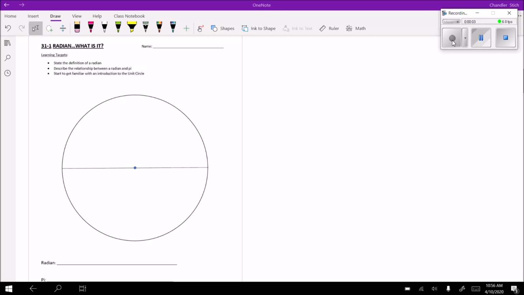All right, so week 2, 3.1, Radian, what is it? First day of kind of this new unit, this radian, circle, trig unit, unit circle, all of that fun stuff. It's actually a really fun unit. I think it's more fun. It's a little less rigorous, a little less work than the past units, but it's more conceptual. So hopefully these videos start to break down what we're looking at and, you know, where this kind of stuff